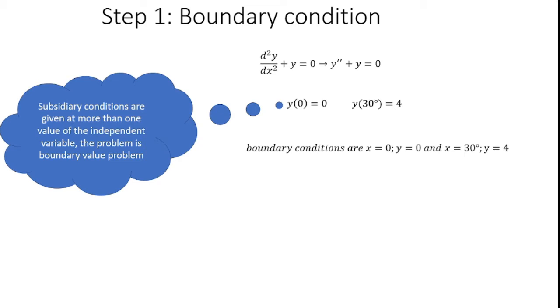Now you may understand the difference between the initial value problem and the boundary value problem. Then automatically we can move on to how we solve the boundary value problem. The first step is completed with the identification of whether the problem is an initial value problem or a boundary value problem. Likewise, you may segregate the problem. After that, we can move to step 2.